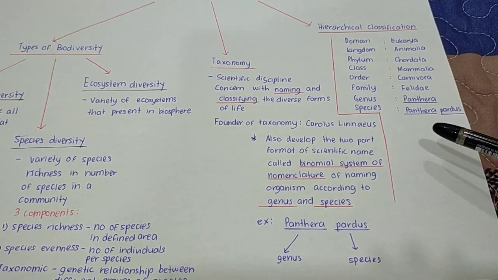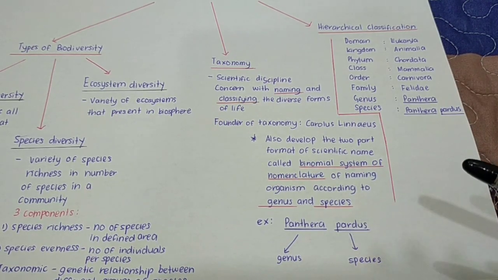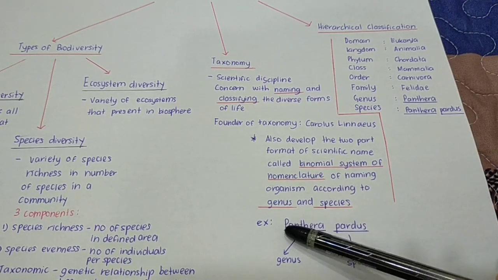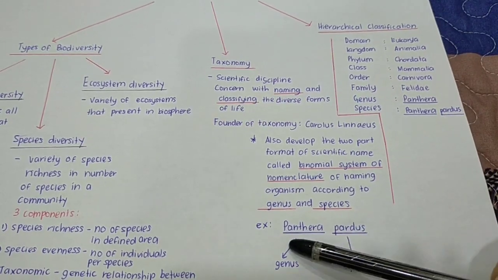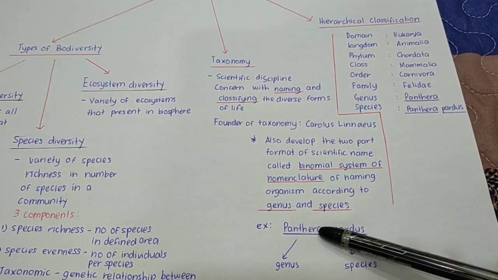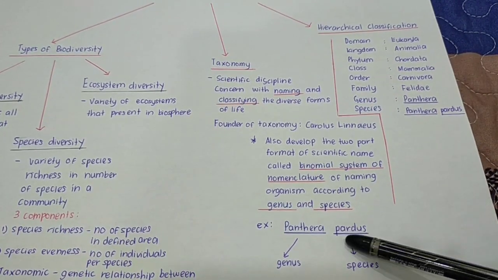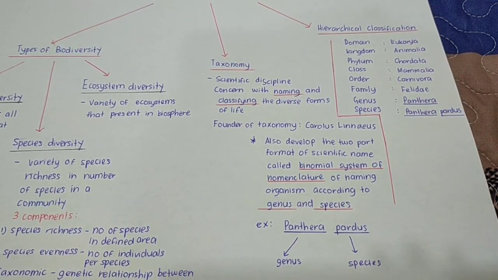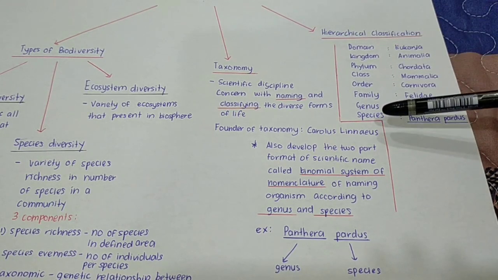Okay, so remember, since this is a scientific name, so you have to underline. So awak mesti kena tahu secara spesifik how to write the correct scientific name. P must be in capital letter. Okay, and then you underline the genus. Underline must be separate. Jangan garis sekali. Okay, so maksudnya Panthera satu garisan, pardus satu lagi garisan. So pardus is refer to the species. So this is what we call as hierarchical classification. So means that awak mesti kena ingat starting from domain until species.